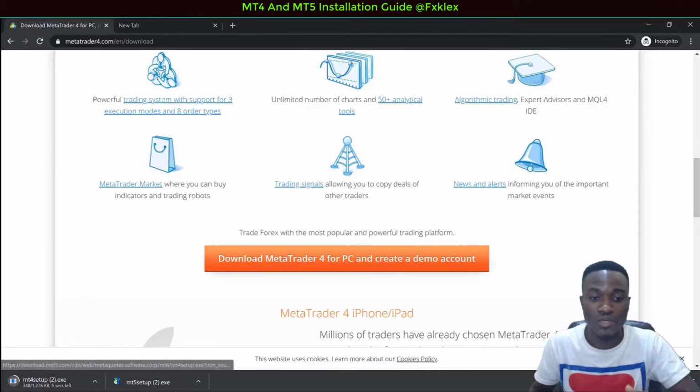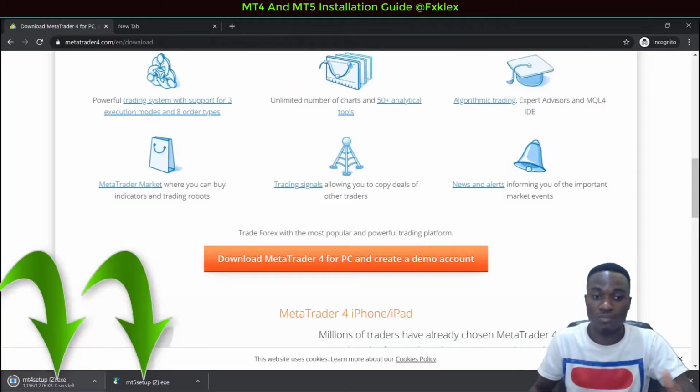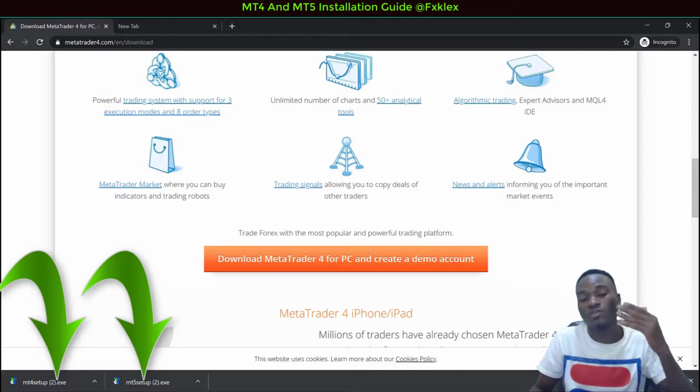So I'm clicking. So here it is right now. We are actually downloading the MetaTrader 4 software at the same time also. So now that we have downloaded MetaTrader 5 and MetaTrader 4 from the official website of MetaTrader, now let's